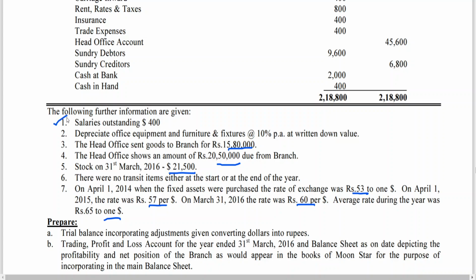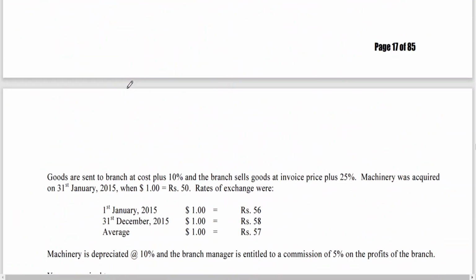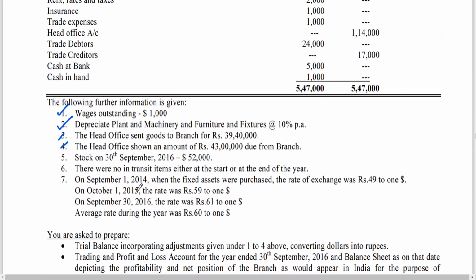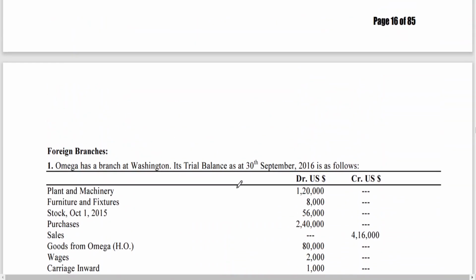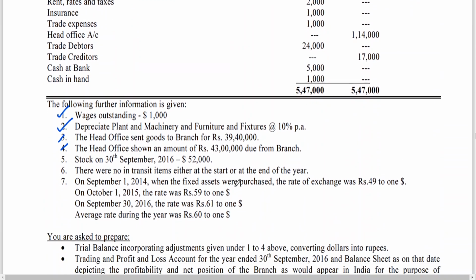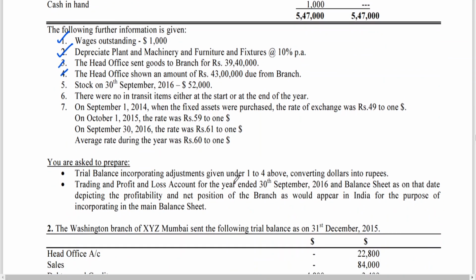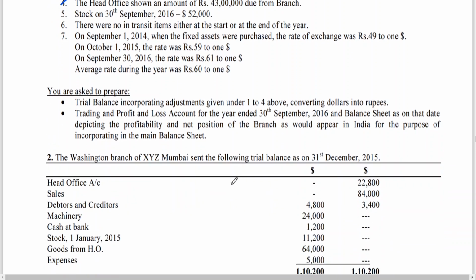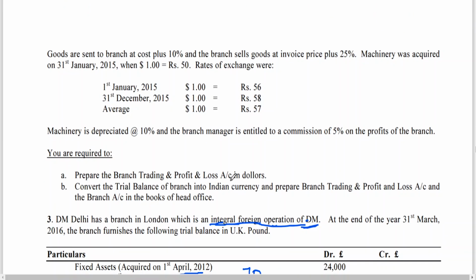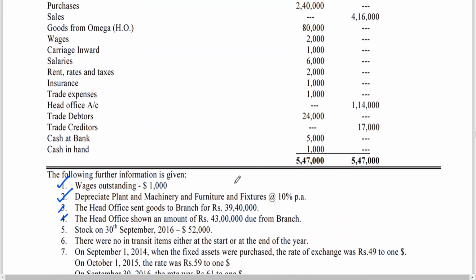Incorporation means we need to incorporate salaries, what we have done in the first problem. It's similar to the first problem. Depreciate office equipment. Of course, these two values we will be taking, but closing stock we won't be incorporating. You just recollect the first problem; what we have done is the same adjustment. But here, the first problem we assumed as an integral foreign operation, as nothing was mentioned. So now it is almost the same problem, my dear friend, only values have changed.